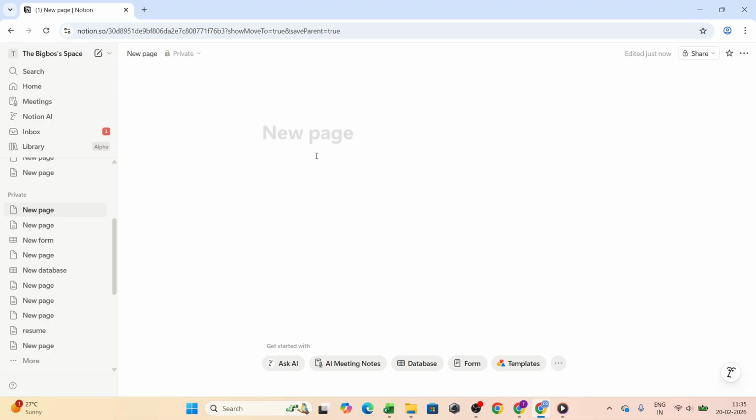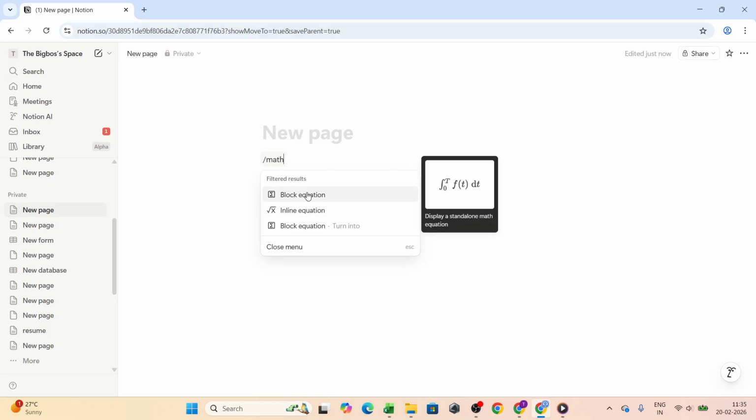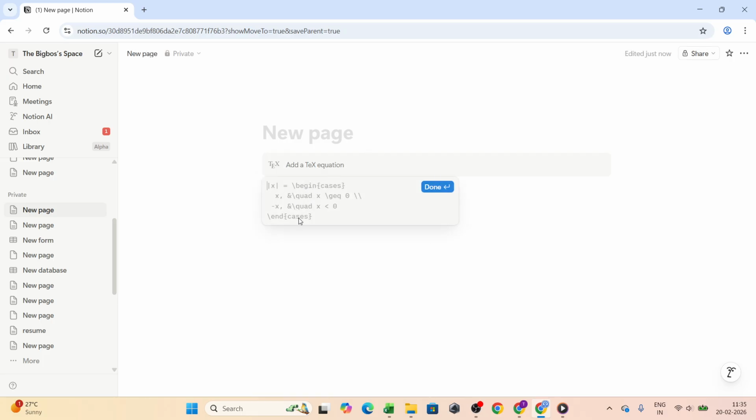First, the quickest method is the slash command. Move to a new empty line in your Notion page. Type / followed by the word math, or type / followed by the word equation. Then press enter. The moment you do, Notion will create a dedicated block equation for you. This is great when you already know what you want and prefer to keep your hands on the keyboard for